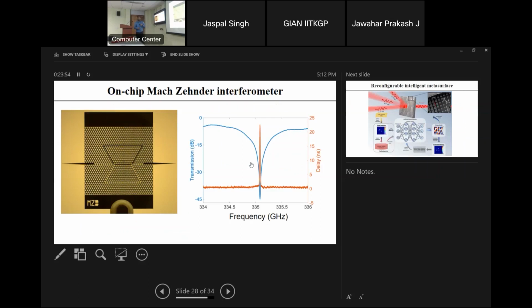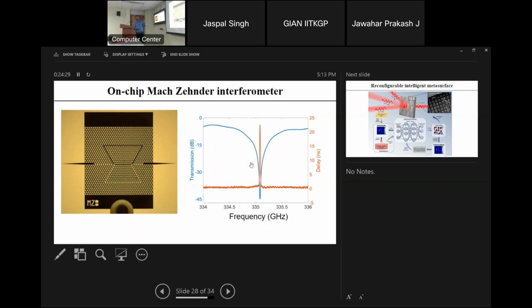Now, like Prof was talking about holography and interferometry, in all interferometry you have noticed that the path difference is important because that path difference can give you the phase difference. But here, it's not happening. Here you can see that the waves are coming and we are splitting them into two parts. The top part transports the same geometrical length, and the bottom part also transports the same geometrical length, but still once they combine, we can see an interference